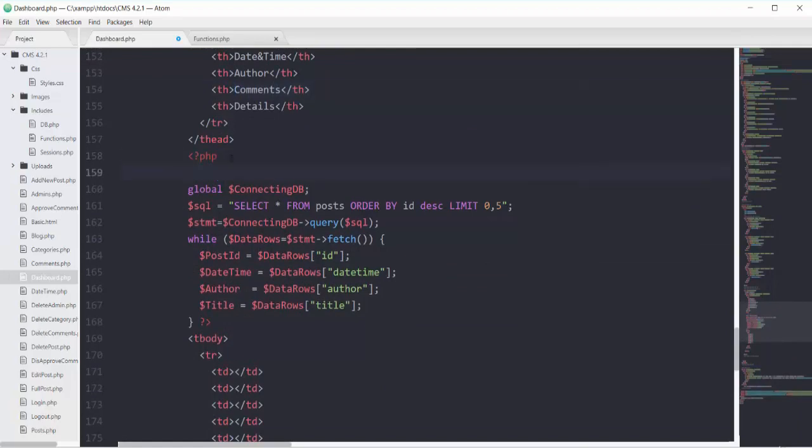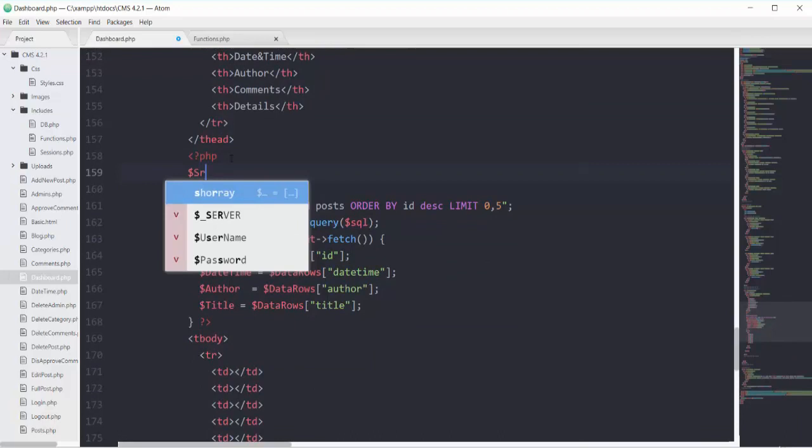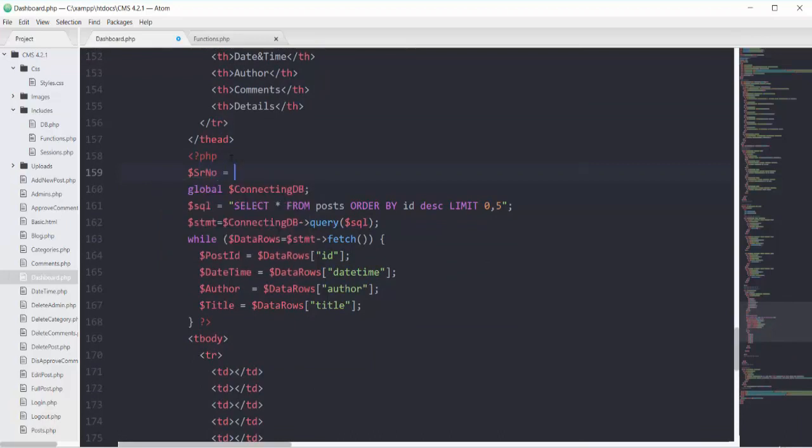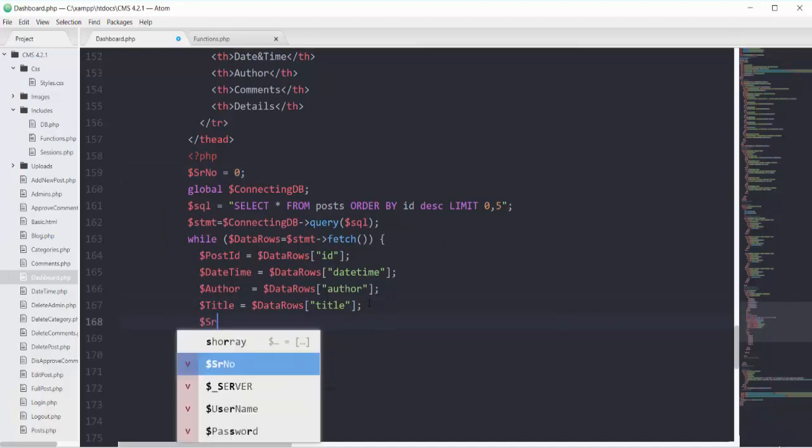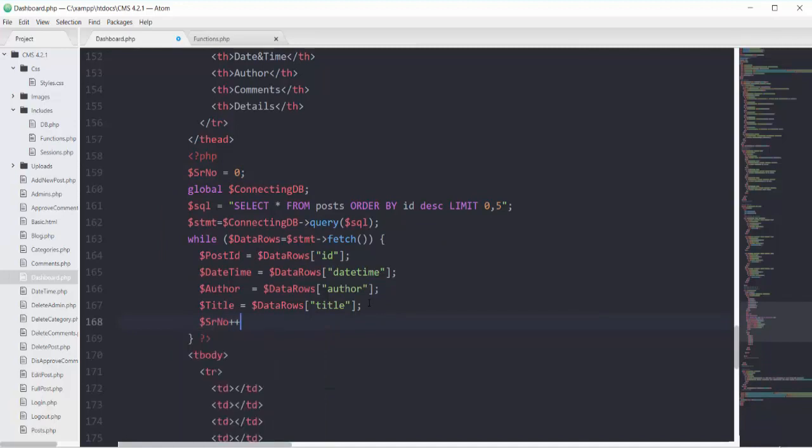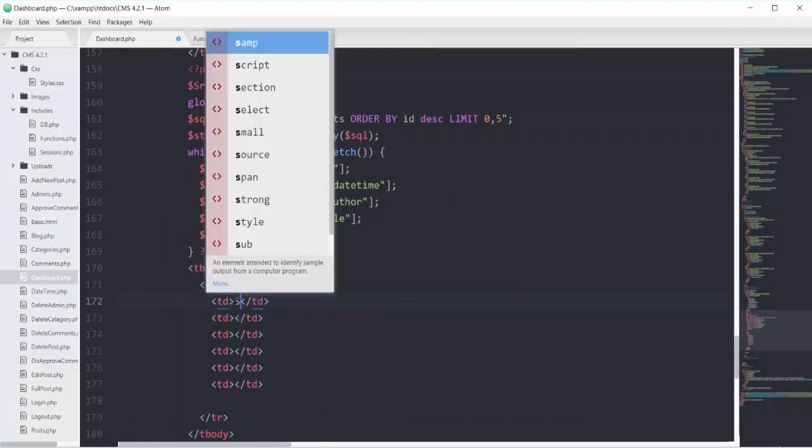So right here I will have variable of srno that will be equal to 0, and then inside I will increment it.